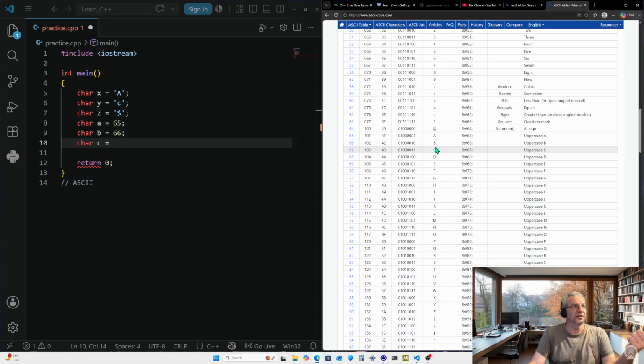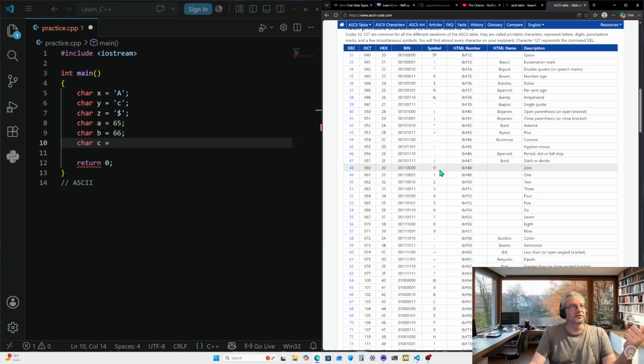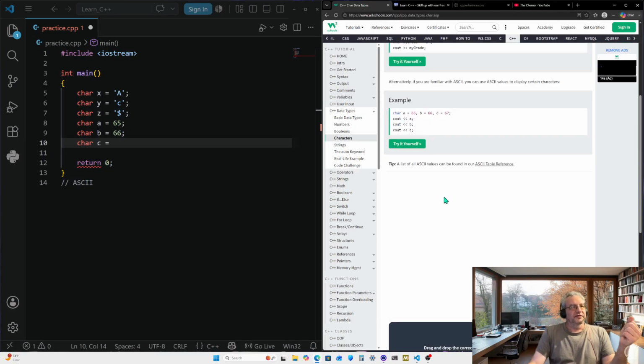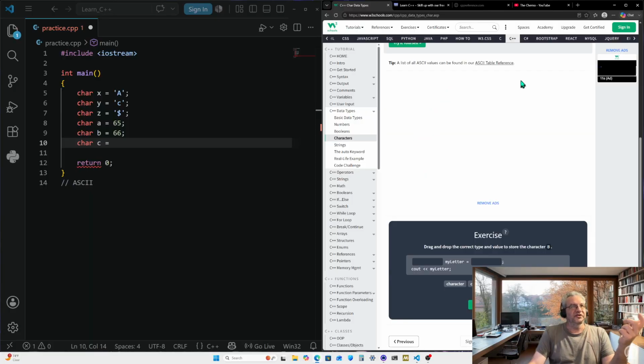66 is capital letter B. C, which we got up there in single quotes, is 67. The dollar sign, where's that one at? Right there. So that one's going to be 36. It's the decimal value and the symbol. The rest of it is the oct, the hex, and the binary value for it. We aren't going to get to those just yet. Anyways, so let's keep going through here. This does have a list of the table in the reference. I don't know how full that is, but